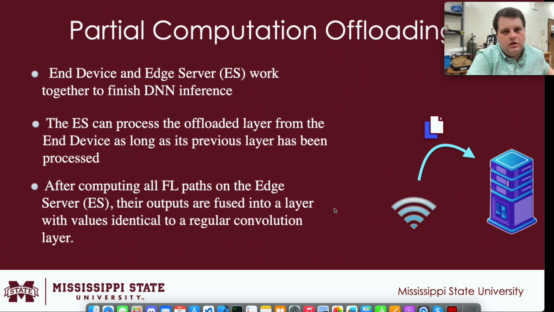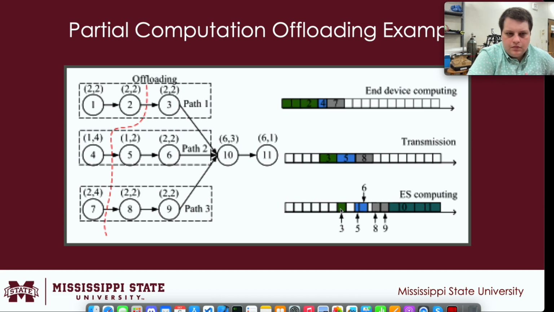Here we can see the FL path length is 3, and also the number of FL paths is 3. Here the path scheduling order is path 1, 2, and 3, where the FL paths are offloaded to the edge server at layer 3, 5, and 8, as shown by the red dotted line. Therefore, we can say that the computation layer's offloading strategy is 0, 0, 1, 0, 1, 0, 1, 1, 1, and the path offloading strategy is 3, 2, 2.